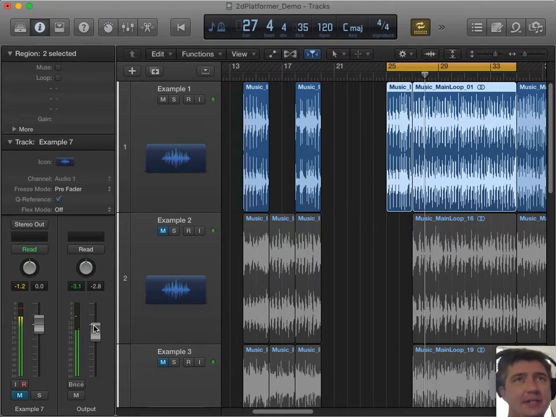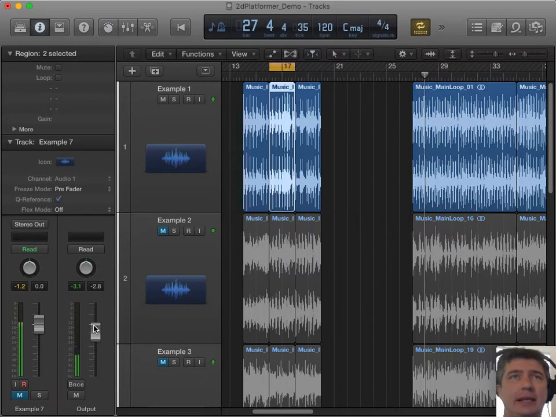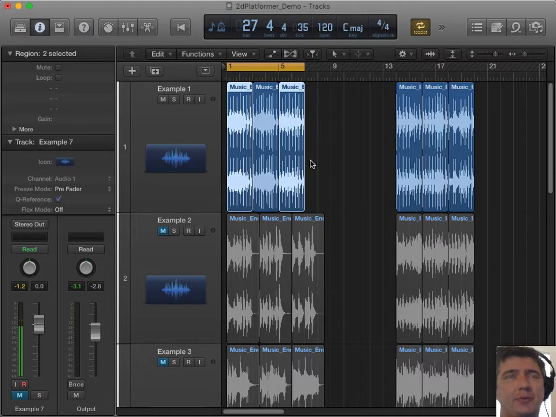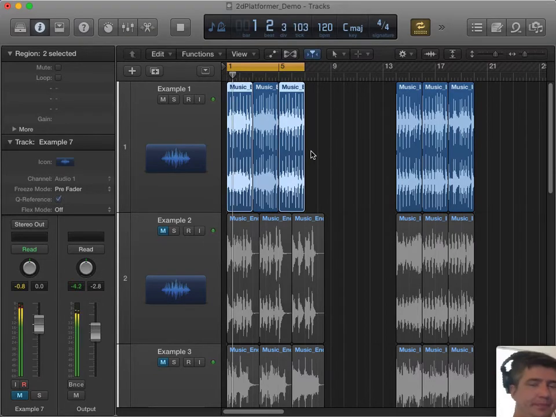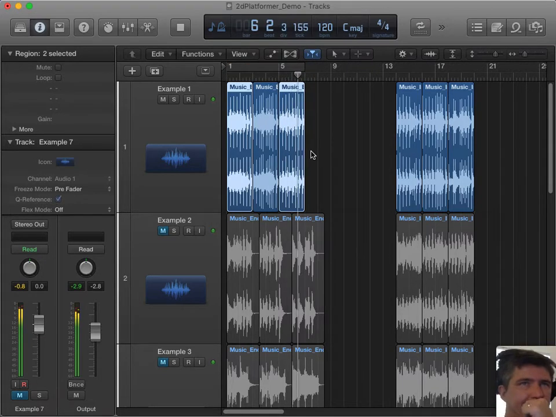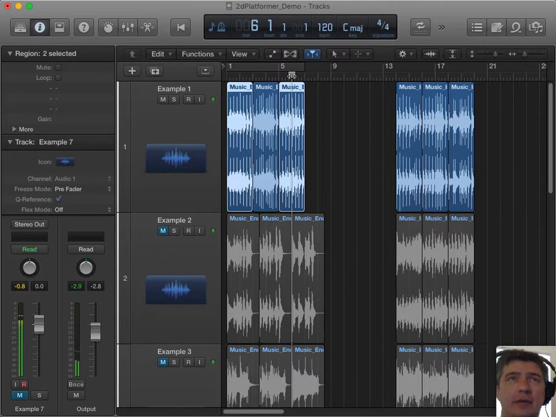So when you bounce these, you have to make sure that they all make sense when played connected or back-to-back to the main loops. Here are 3 endings. Watch out again for cymbal crashes that get cut off.